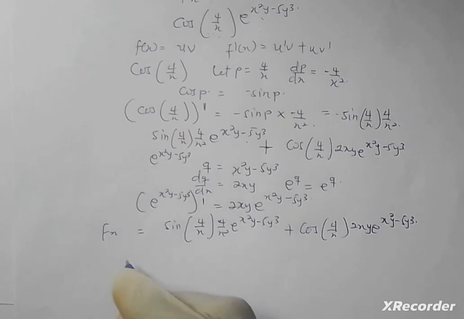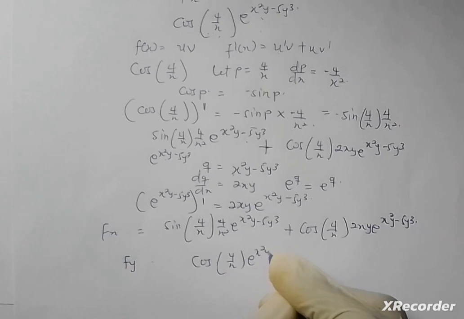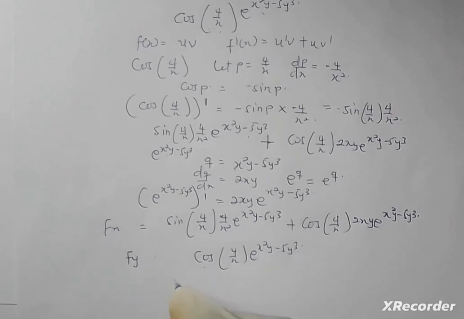Let's go to the fy, the partial derivative with respect to y. How do we do that? If I have my function to be cos 4 over x, e to the power x squared y minus 5y cubed, and I want to differentiate it with respect to y, meaning this whole thing is a constant. My x squared here is a constant, so I'm going to focus on this alone. So therefore, I'm going to tackle this function. So let's let